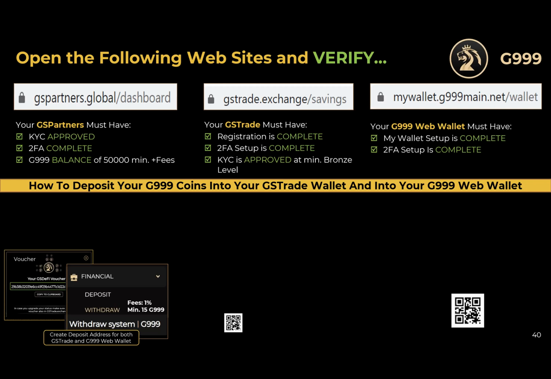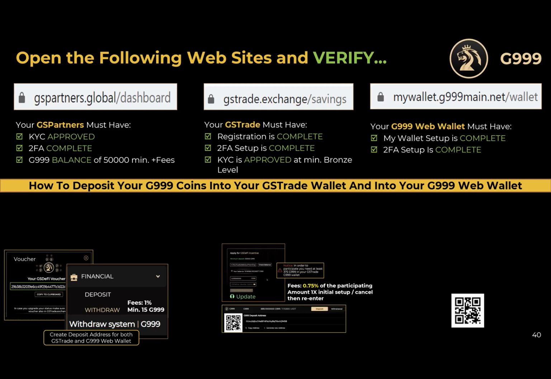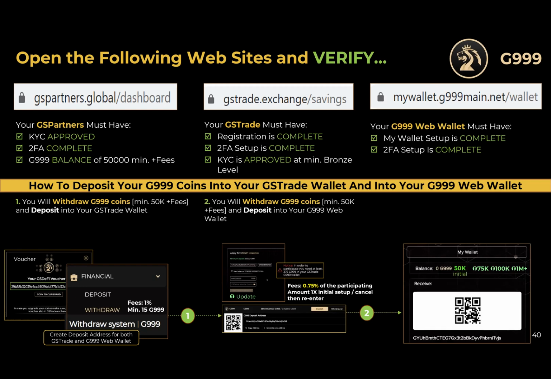I'm going to tell you what we're going to do, and then we're going to verify that. On GSPartners, we're going to go into financial, then withdrawal, because we need to withdraw the G99s to get them over to our trade so we can pay the 0.75% for participating, because this is our hop in. And then we're going to deposit the money into our wallet. And then we're going to go get our voucher off of GSPartners so we can activate